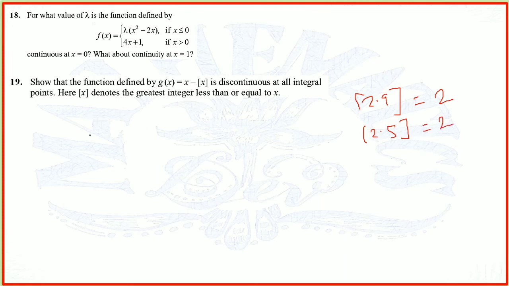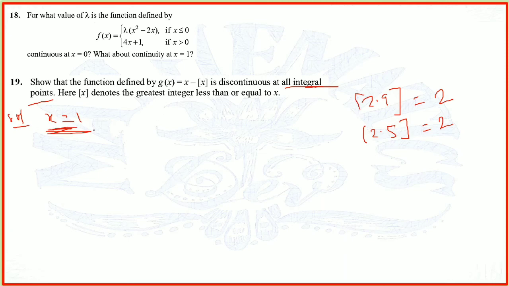Got it? So now this is all about the integral points you are asked to prove. So we will go for the solution by taking x equal to 1 or 2 or whatever you want to take. Because x is equal to 1, the left hand limit and right hand limit, that I have already explained, where h is a very small quantity which you should take.